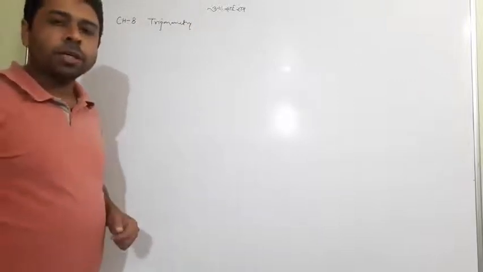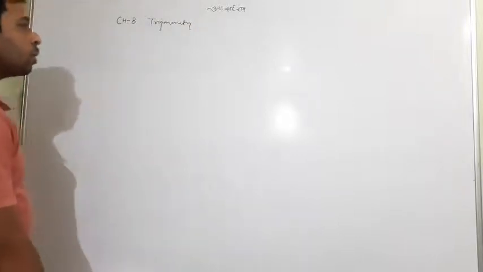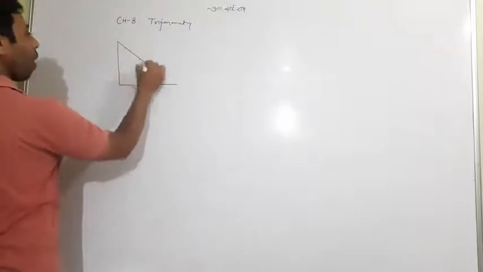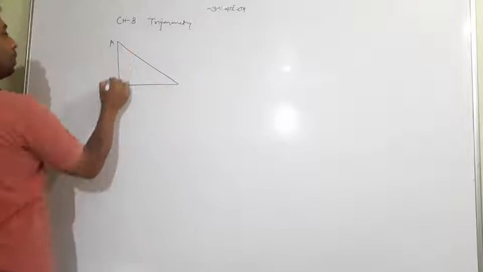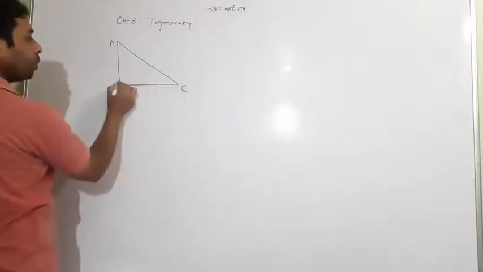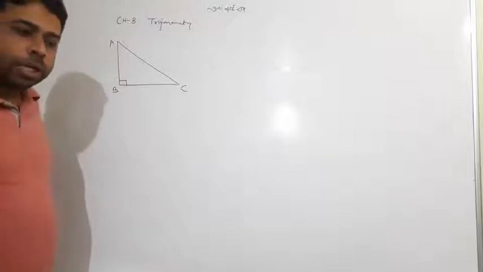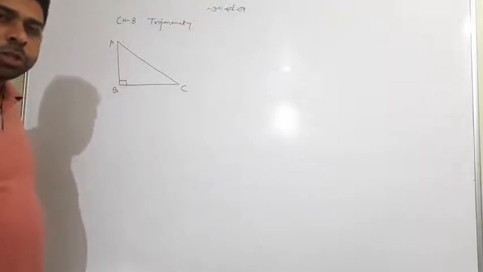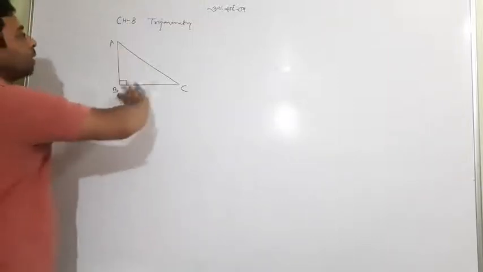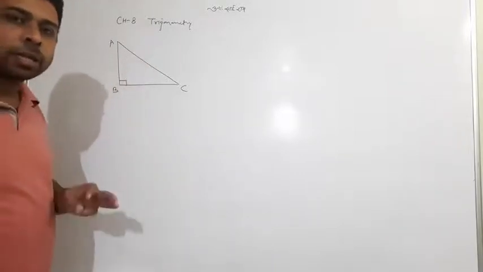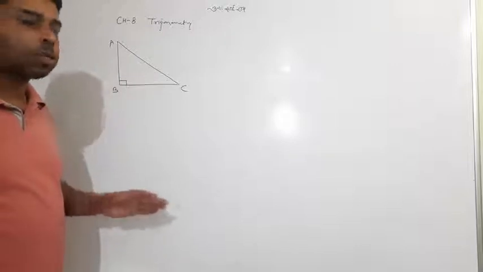How we can start. Look at it properly. First, we will go to a right angle triangle named ABC. Suppose it is a right angle triangle. So keep remembering my words: in this particular triangle three sides are appearing and three angles are appearing, meaning there are six elements in that triangle.